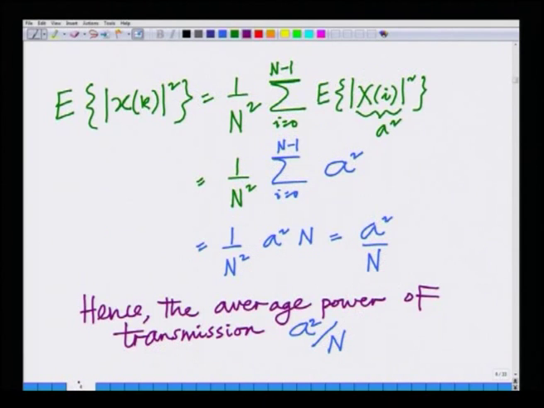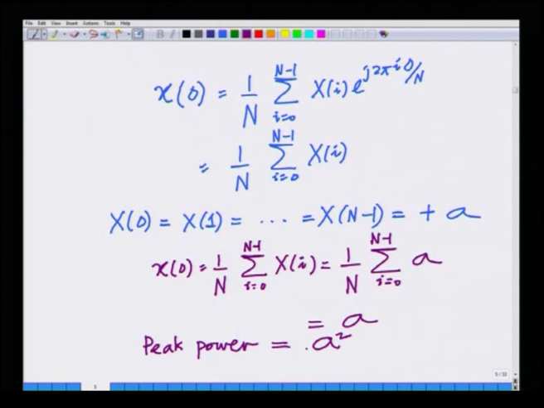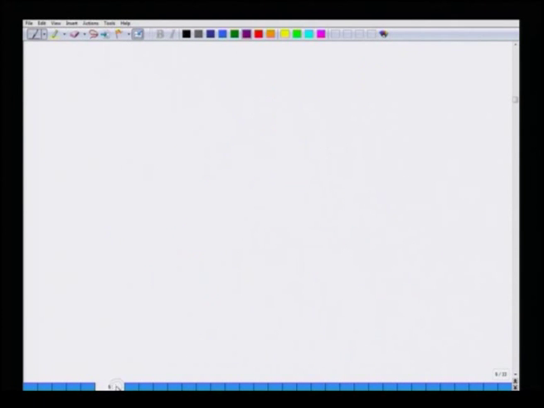Now, let us look at the result below. Before it says the average power is A square over n, the peak power is A square, hence the peak to average power ratio